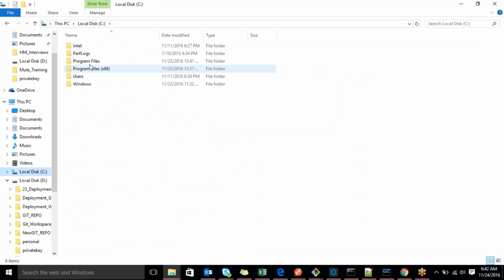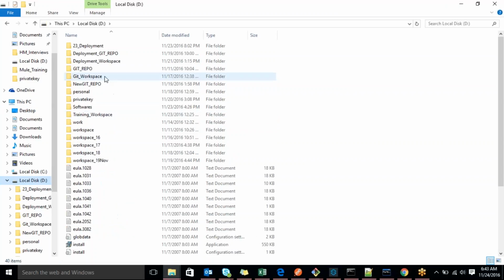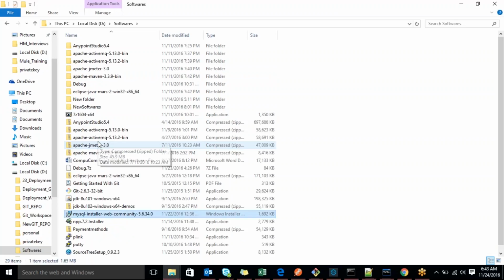We have to place this project's zip folder into MMC. Where is that? Yes, that is in the D folder.